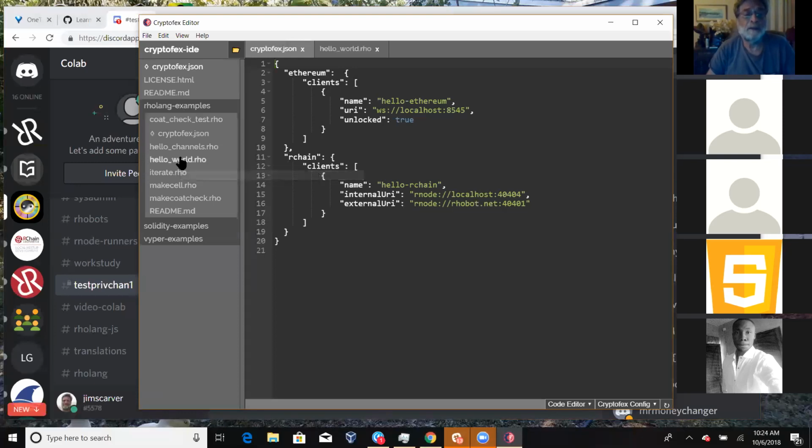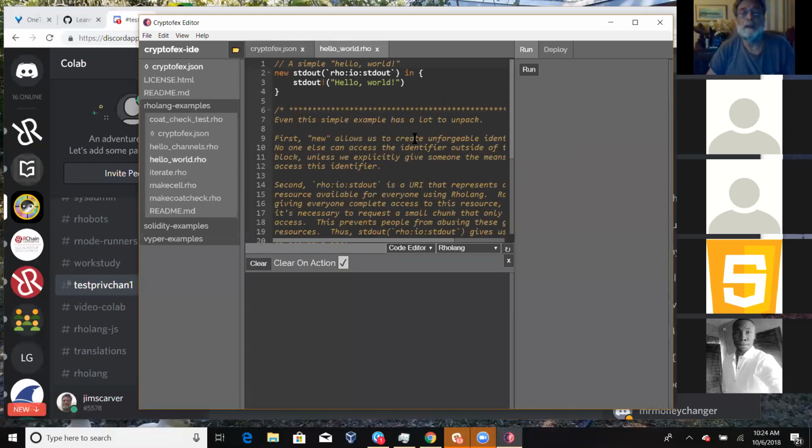Let's just do hello world. And we can run it, and this uses the cryptofex internal interpreter, which I don't understand why it's so slow.